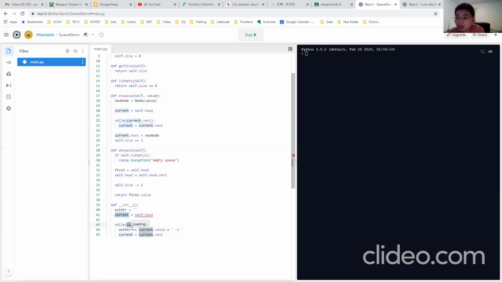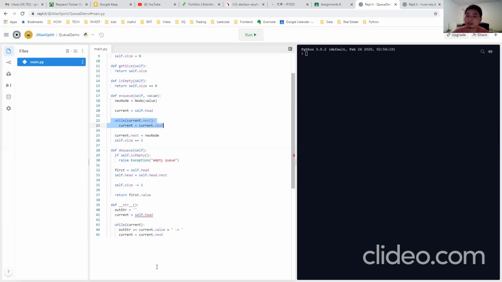What's the difference? Aston, can you tell me what's the difference here? Here we're checking current.next, but here we're checking the current. What's the difference? For the first one, you're looking for the last node, and for the second one, you're just checking every node.